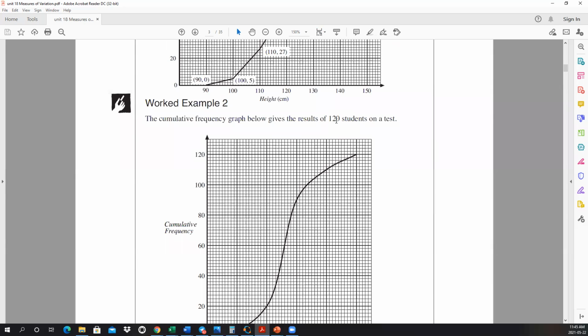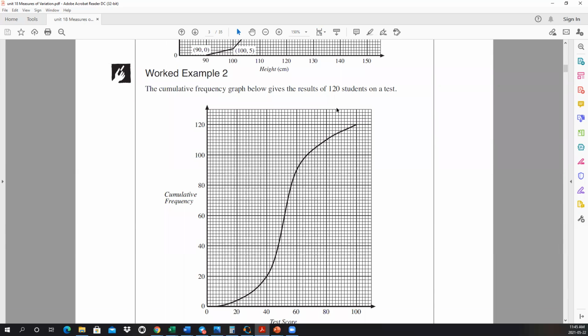So remember, say it's 120 students, right? So you have, in essence, 120 test scores. So you want to find the test score that is in the middle. So it's not by going here and then going up and then going here. You use the y-axis because they're going to find the student that got the